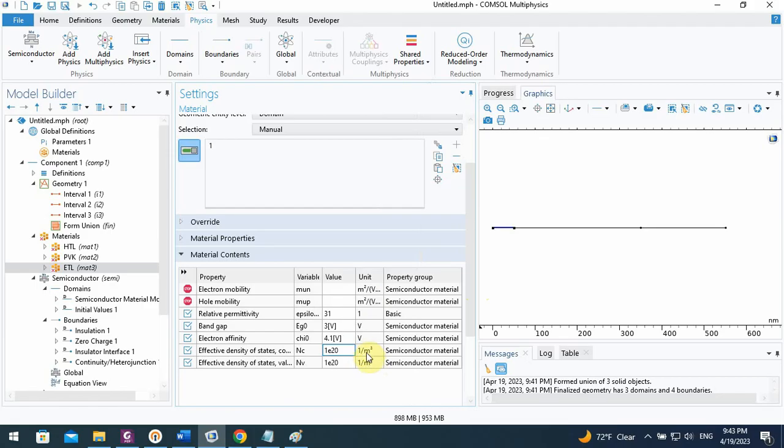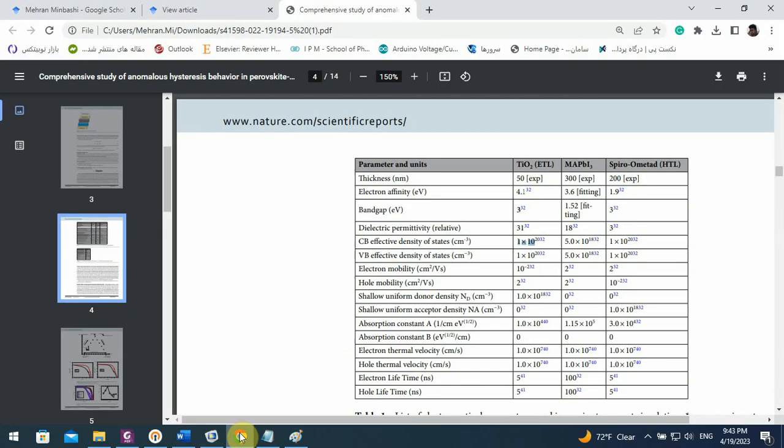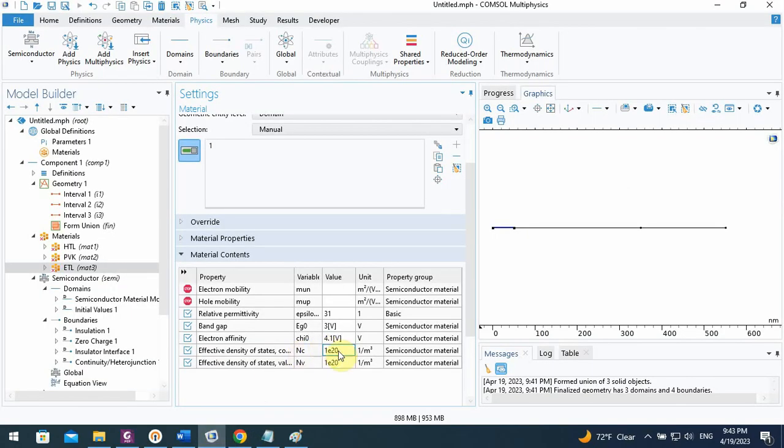Here the unit of COMSOL is 1 per cubic meter, but here it's per cubic centimeter, and we must convert it to cubic meter or use centimeter. I use centimeter here. I can also copy and paste that here. For electron and hole mobility,